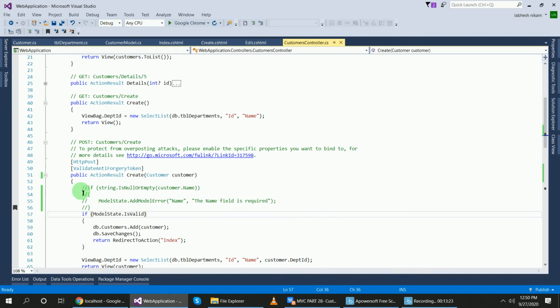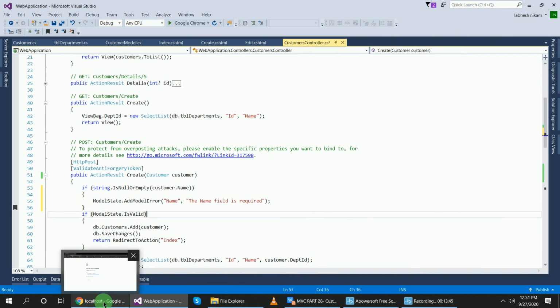For that I will add this, Control KU. If string.IsNullOrEmpty(customer.Name), then ModelState.AddModelError for the name property, the name field is required. When the user does not add the name, at that time it will display the error.